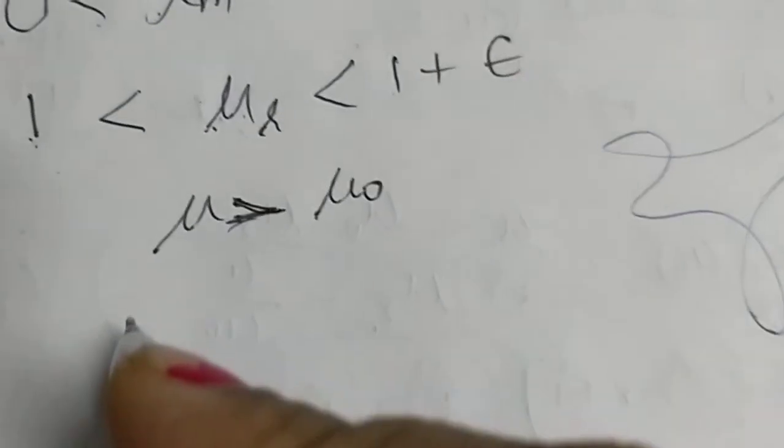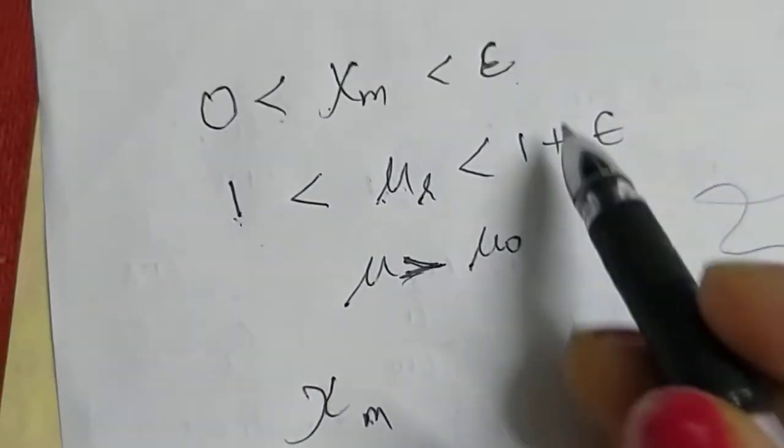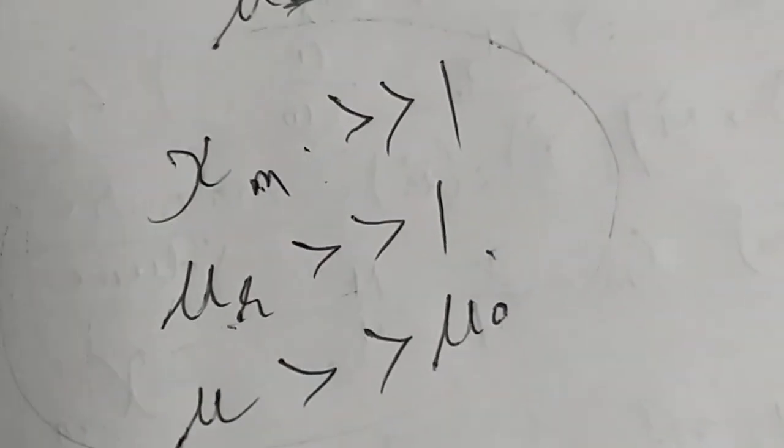Now comes ferromagnetic material. For ferromagnetic material, xi m is not a small positive number; it is a very big positive number, much greater than 1. If this is very large, mu r will also be very large, and so mu, which is mu r mu naught, will be very large as compared to mu naught. mu r is in the order of thousands. These are the conditions for a ferromagnetic material. Iron, cobalt, nickel, alnico, and gadolinium are the ferromagnetic materials.